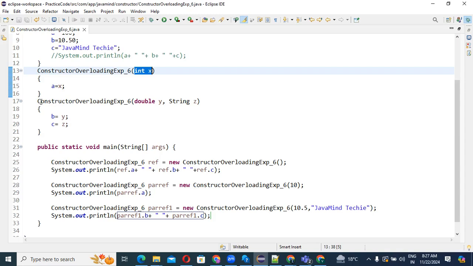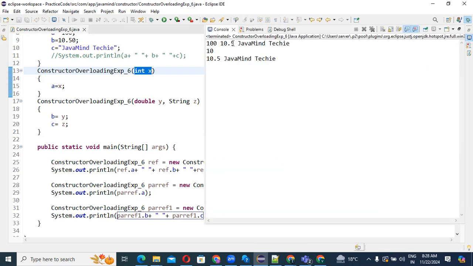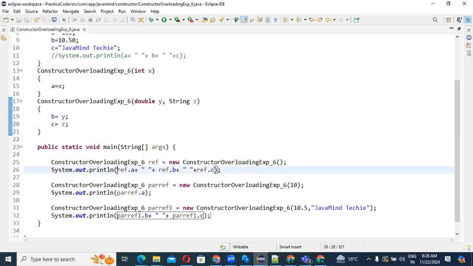Then the third constructor: in this constructor we are passing two parameters, yes or no? The types of the parameters are a double and a string. Whenever this object is created, the compiler will see that these two inputs are passed by the user, so we need to call this constructor, and as per their input it will print the result. That's why you can see here 0 parameter considered, 1 parameter considered, and 2 parameter considered. For understanding purposes you can write here